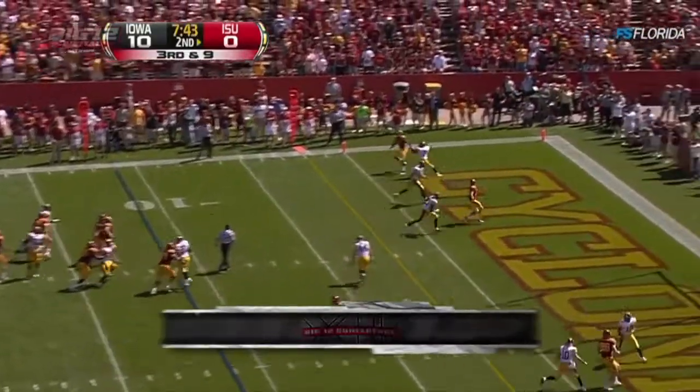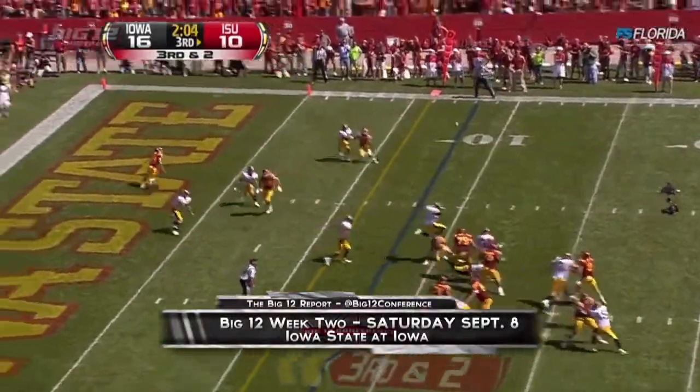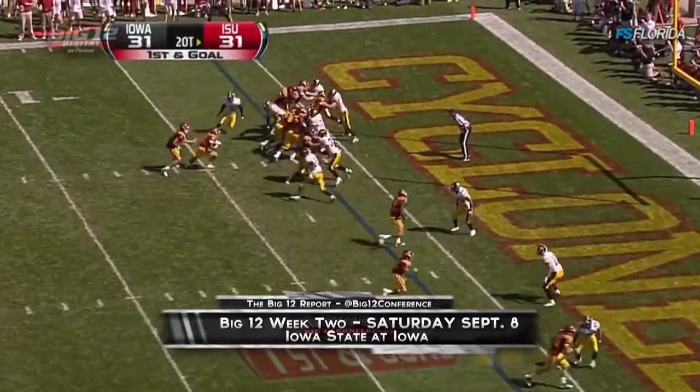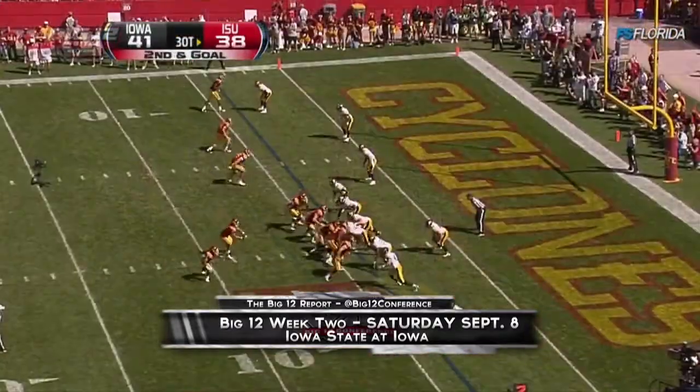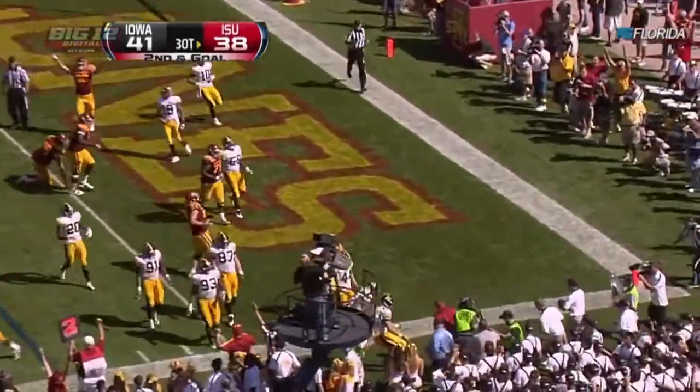Iowa State travels to Iowa and will try to maintain control of the Cy-Hawk Trophy that goes to the winner of this annual in-state rivalry game. Iowa State quarterback Steele Jantz made several big plays in last year's triple overtime Iowa State victory in Ames. The Cyclones defense will try to smother an Iowa offense that produced just 268 yards in an 18-17 victory over